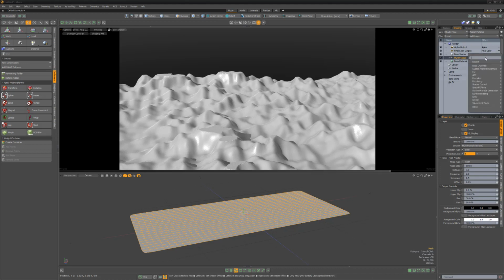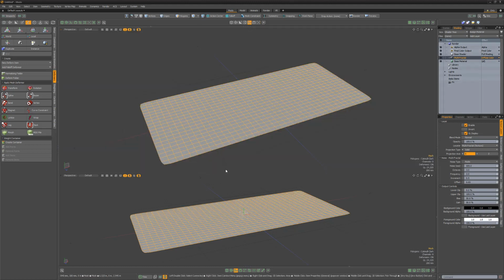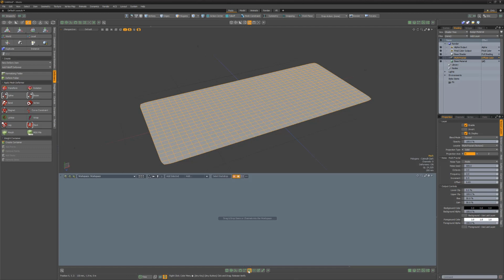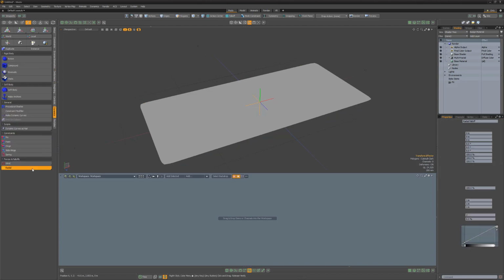In this video, I'd like to share a method for displacing geometry with a texture layer using the effects item in the shader tree, which provides a way to control scene-related functions that aren't directly surface or shading related, using shader tree textures. I'll start by adding a transform effector to the mesh item and a radial falloff to the